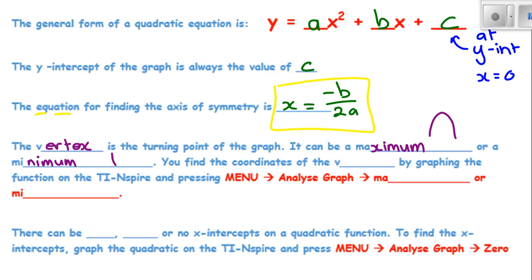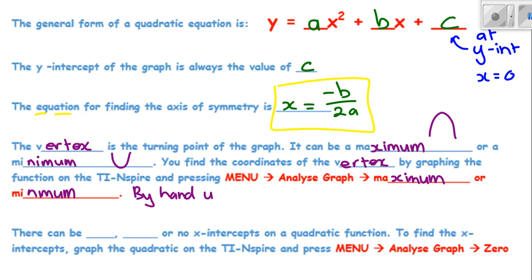or a minimum if the graph is kind of going like that. You find the coordinate of the vertex by graphing the function on the TI-Nspire and pressing Menu, Analyze Graph, and then you can select maximum or minimum. You can also do it by hand by finding the axis of symmetry coordinate. So by hand,